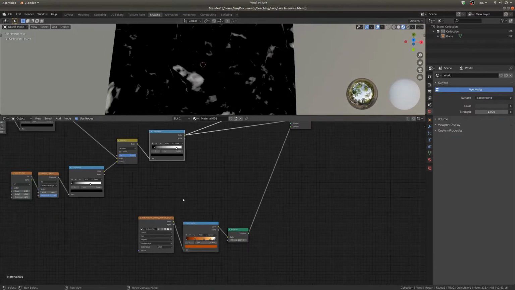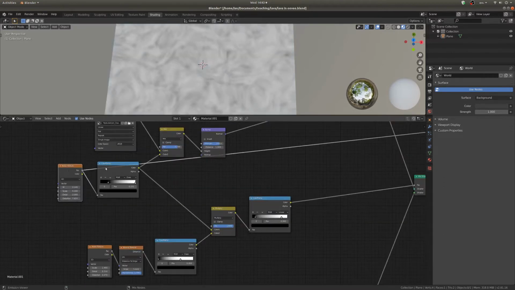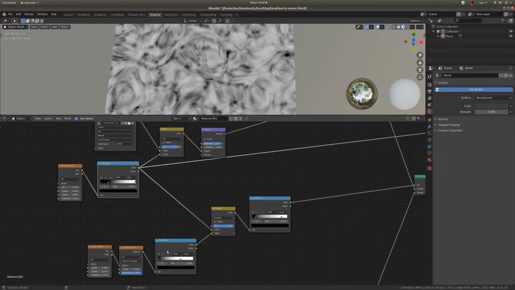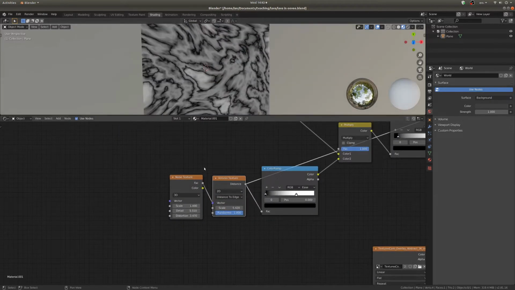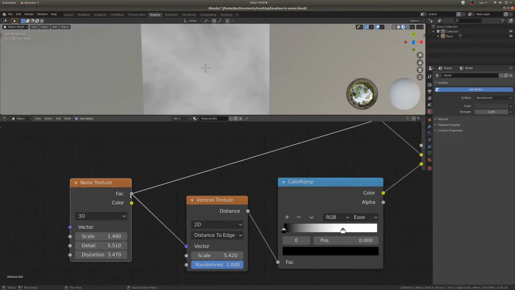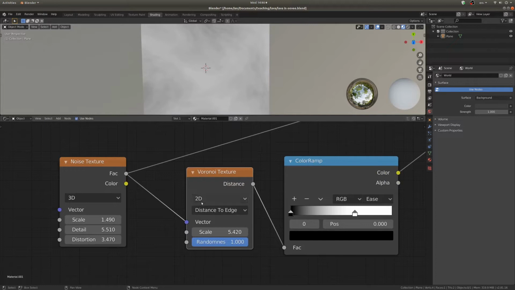The white parts are the white hot magma, and the black parts are just the rock. You can see I'm stealing this noise texture from before and multiplying that together with this texture that we have here, which is kind of a fun thing. I've got a basic noise texture going into the vector of a Voronoi texture, which I have set to 2D